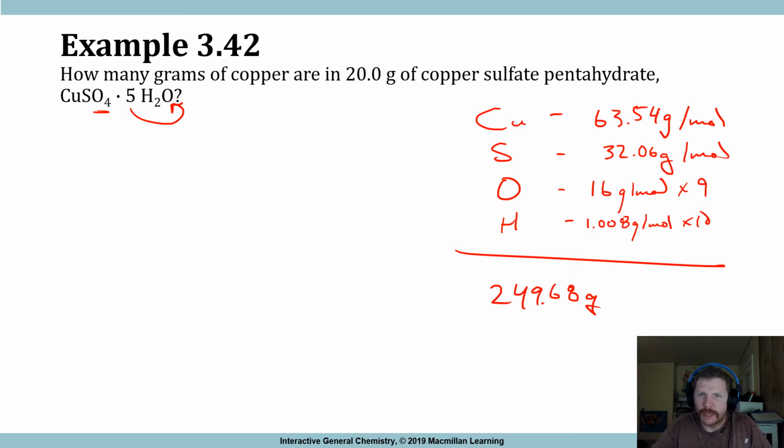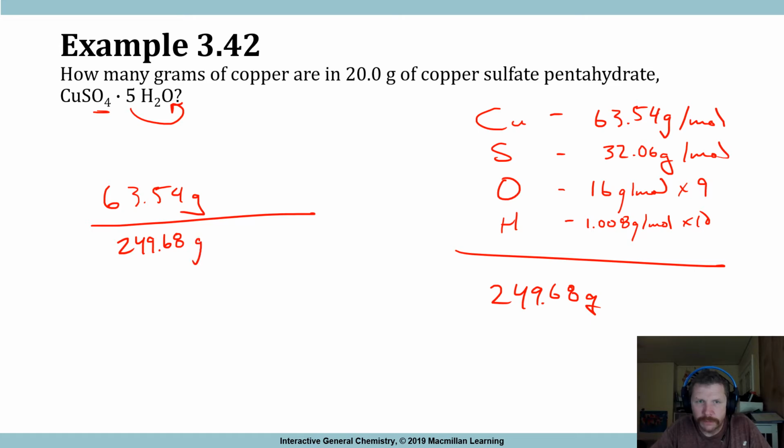Now, what I want to do is take the mass of my copper, which is 63.54 grams. There's only 1 copper in here. And then the total mass of my substance, which is 249.68 grams. Cu over the formula mass, times 100 equals that. That will give me my percentage. 63.54 divided by 249.68 times 100, I'm going to be at 25%, or